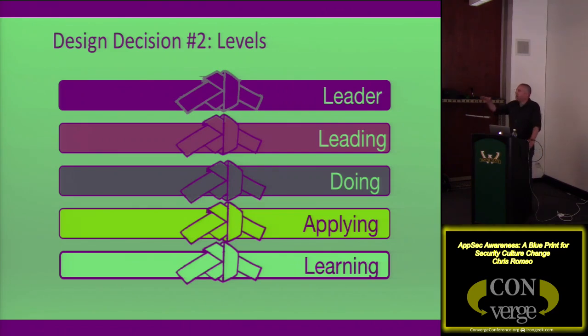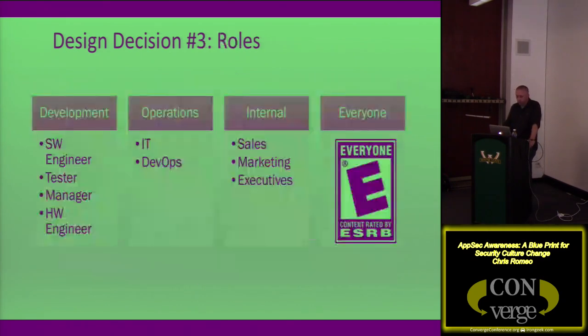But there's no path to say, here's how I become an expert or someone who has advanced knowledge. And that's the idea with these levels: show people that you earn your white belt and then you want to continue until you get up to that black belt and you're seen as a leader inside your team, inside your group. And then from a roles perspective, you've got to figure out what the roles are you're going to capture